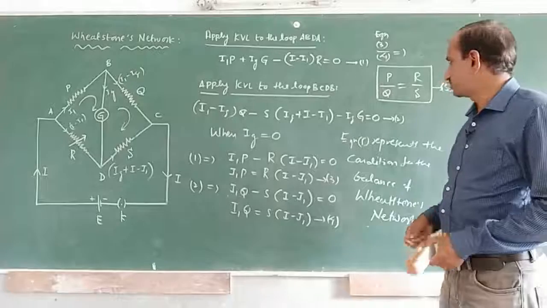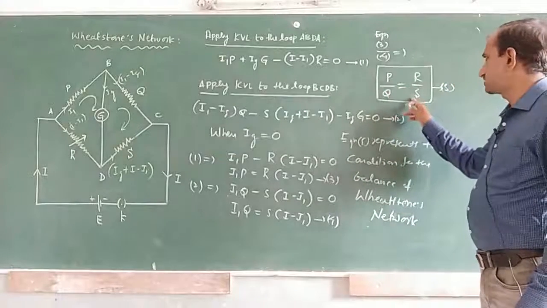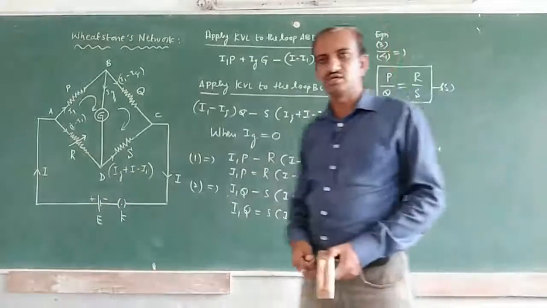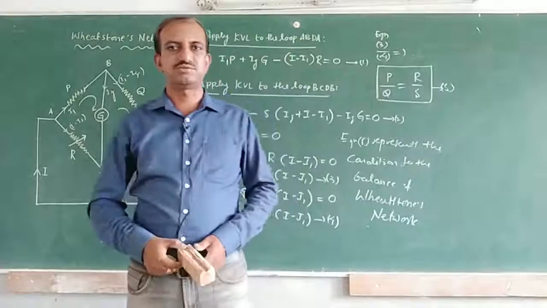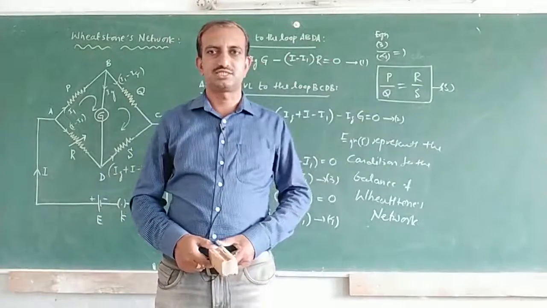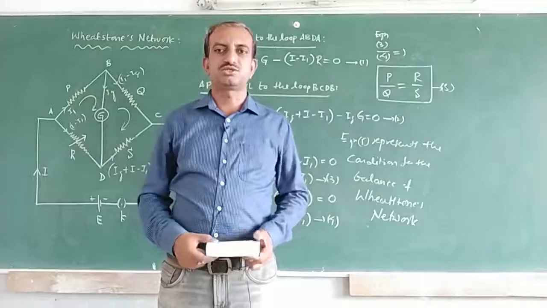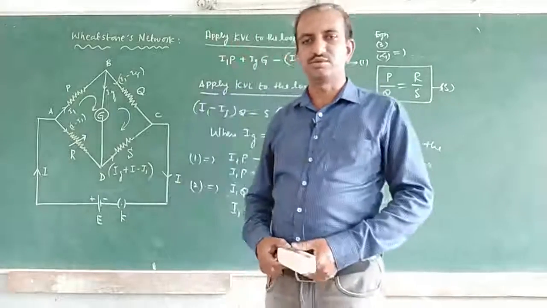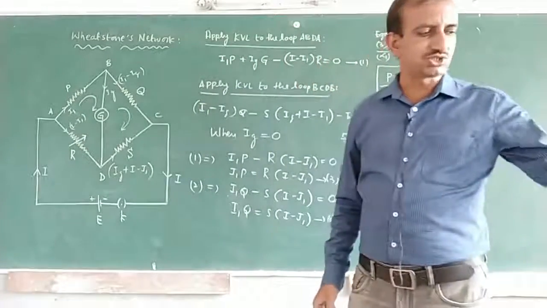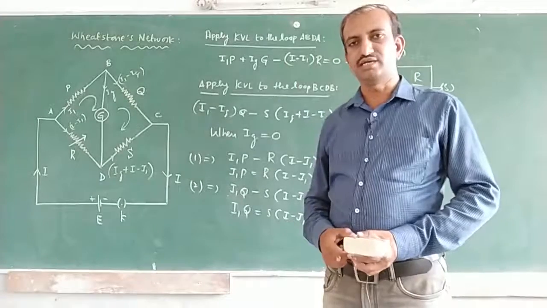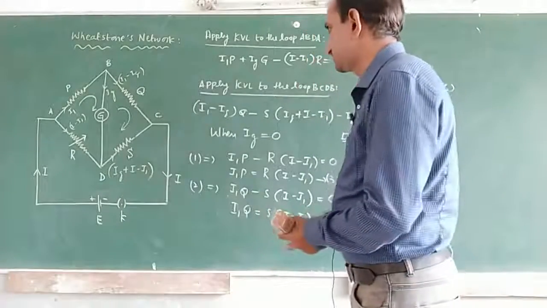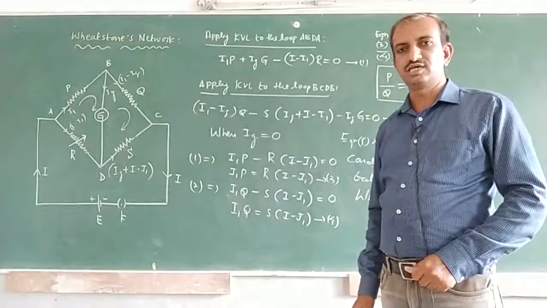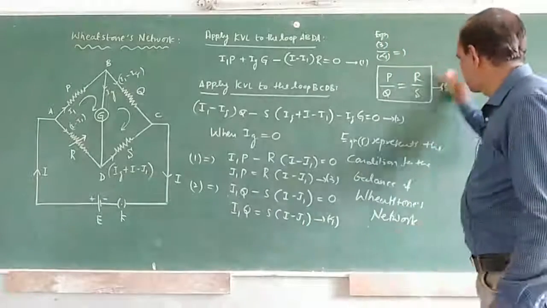If you know the values of P, Q and S, we can easily find the value of R. Among the 4 resistors, if you know any 3, then we can easily find the resistance of the unknown resistor using the Wheatstone's network. Using the Wheatstone's network, an experiment can be performed. This device is called the Wheatstone's bridge or the meter bridge. The meter bridge is a device used to determine the resistance of a given wire. Let us consider the meter bridge.